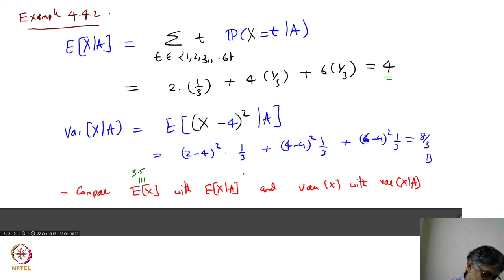And the variance of x, from the computation before, I think is 35 by 12. So it's kind of close by. It has not changed much, but it's a little less. But the mean jumps up. So it's an interesting idea: if you give an event A, you can increase the mean, or decrease the mean if